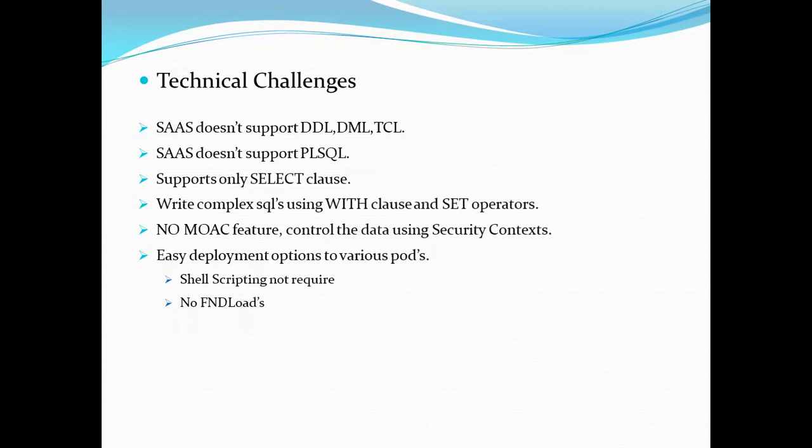In some places Oracle is still working on enhancement requests. For example, with concurrent programs in our R12, when we register a concurrent program, we download it with the help of FND loads, right? We get an LDT file and just deploy the LDT file to the target application. Whereas here, concurrent programs are replaced with an ESS job. Oracle is still working on automation for ESS jobs. For ESS job registration, we create the same ESS job in our target system as a manual process. There is still no automation process.